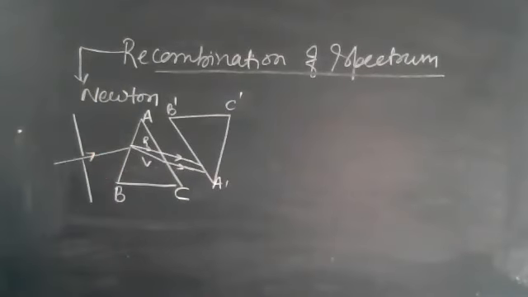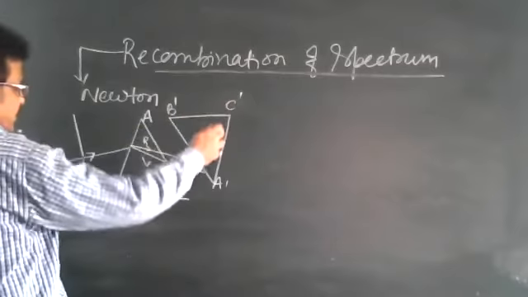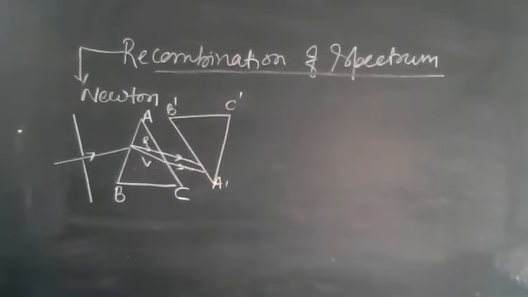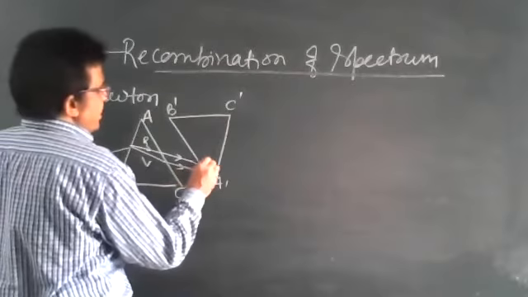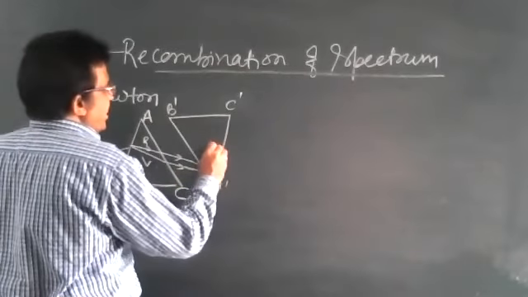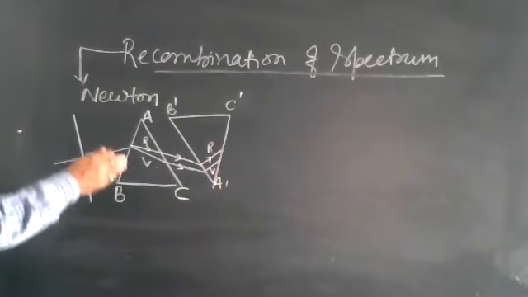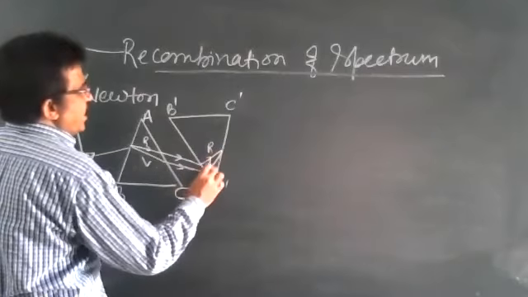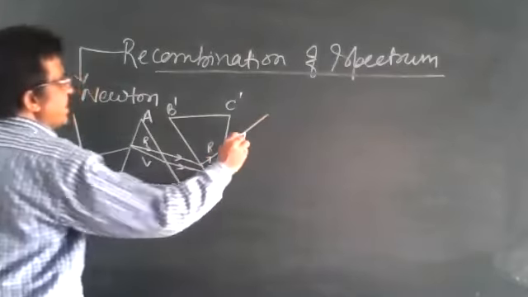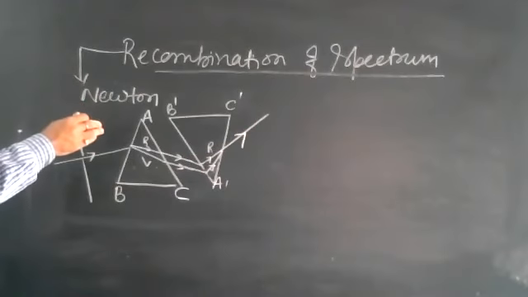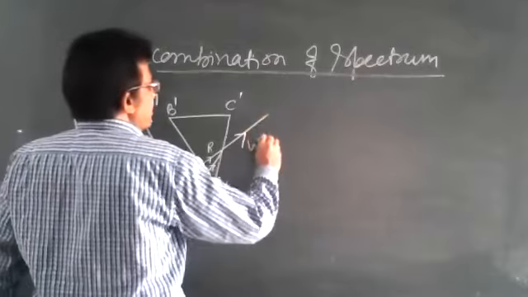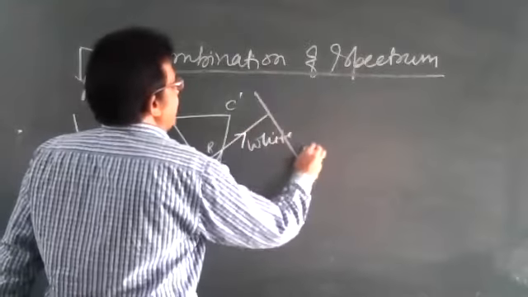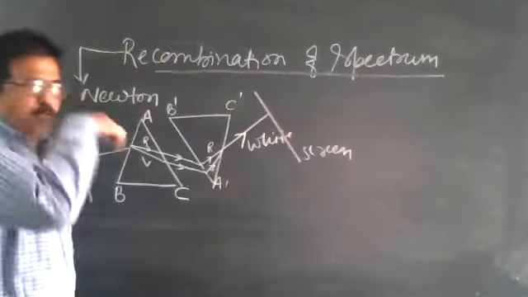Then what did he observe? He found that a beam of white light emerges from the other face of A dash, B dash and C dash. Here is a red color, here is a violet color. See that? The red and violet colors mix up again, and we are getting a single light, called white light, on the screen. This is our screen. This is called recombination of spectrum colors.